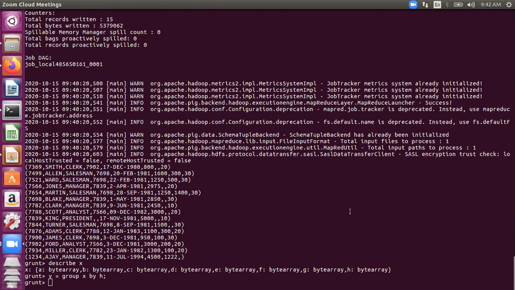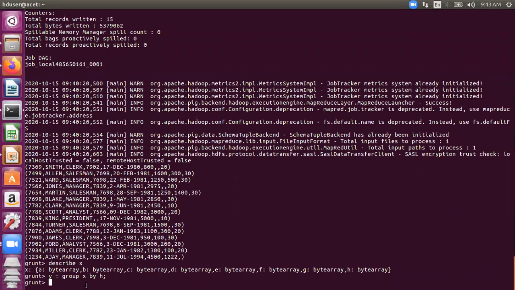Fine. So we'll go with the answers given by Ritika and Prince. Mani, 4 groups should be there. There are 3 departments, 10, 20, and 30. So 3 groups with the departments 10, 20, and 30, and one is a null value group. If you were careful enough to see, the last employee, that is Ajay, does not have a department number. I did it deliberately so that I could ask you this question. So Mani, if you have understood, you can give me a raised hand. All right, thank you, Mani.